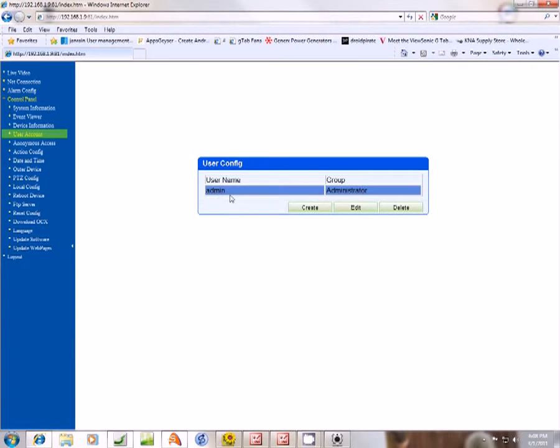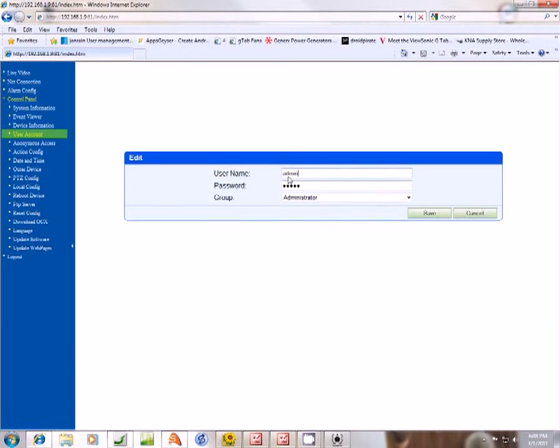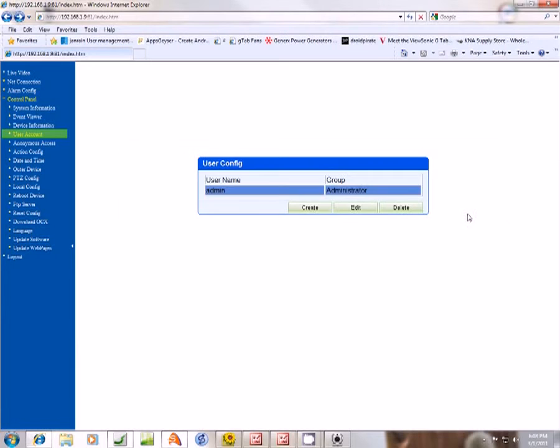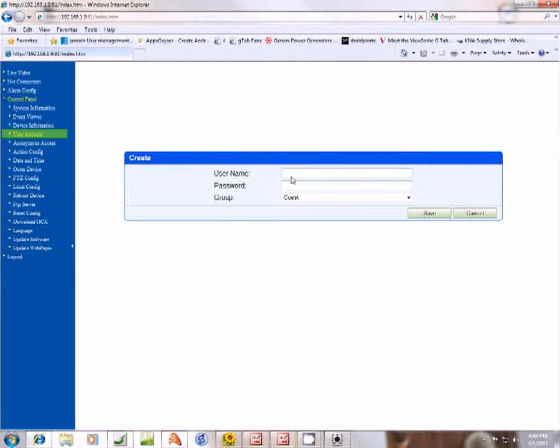We can do a user account. Right now it's set on admin and admin. See, if you edit this, admin is the username and password is admin. And I want to show you something here. If you create a new admin, for instance, I'm going to put demo and demo,